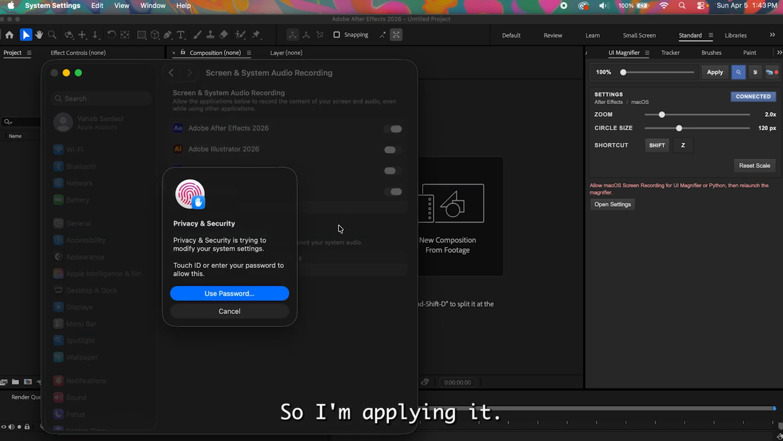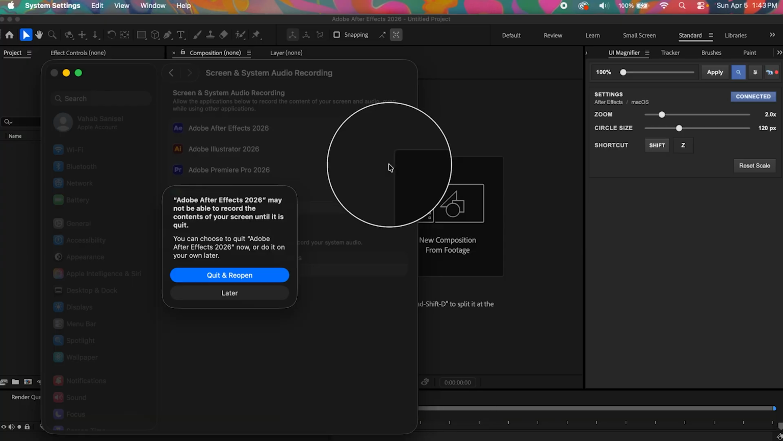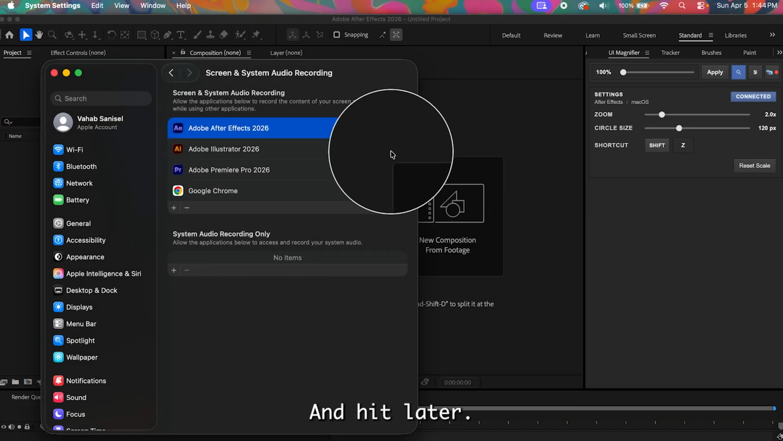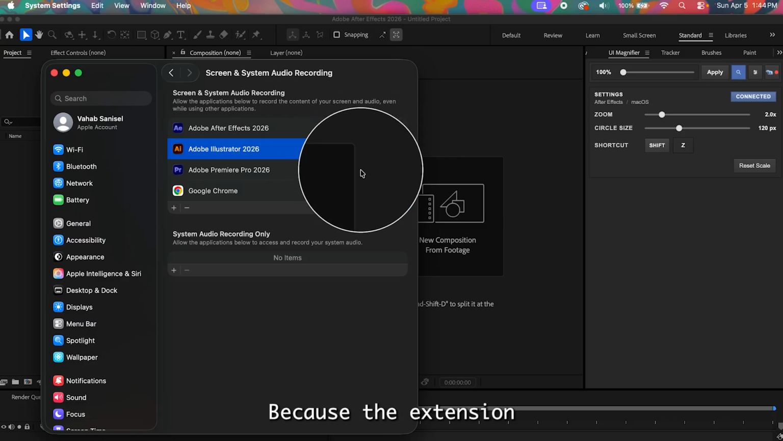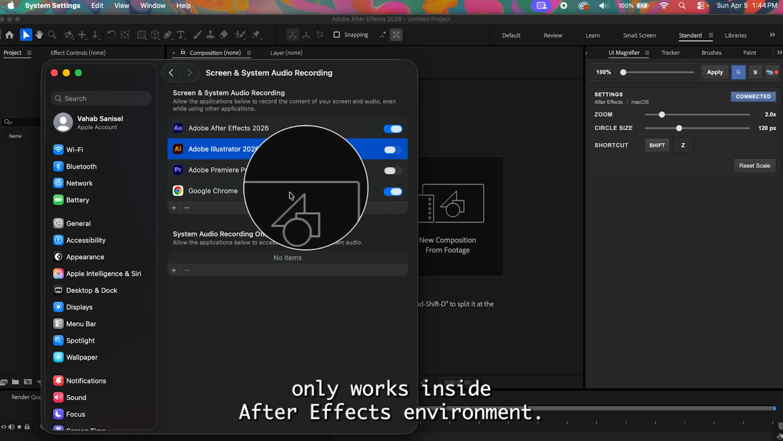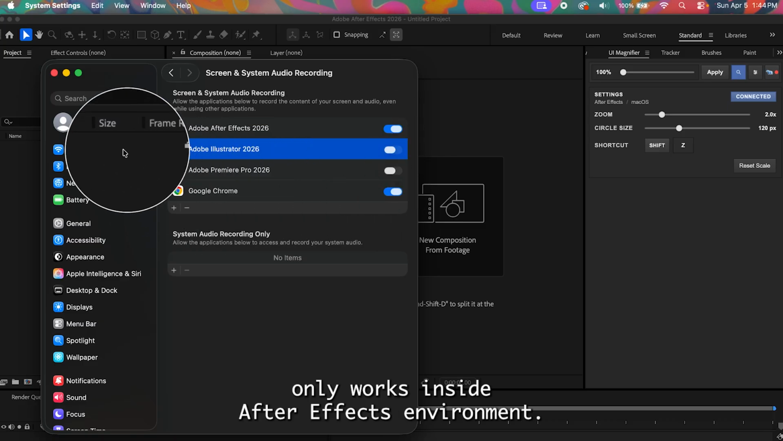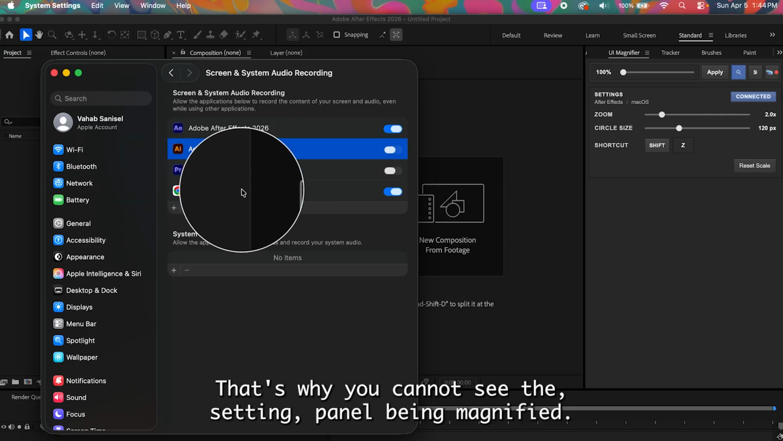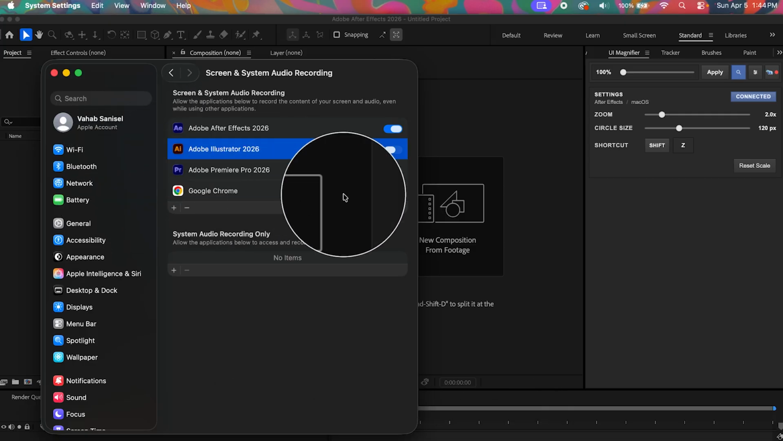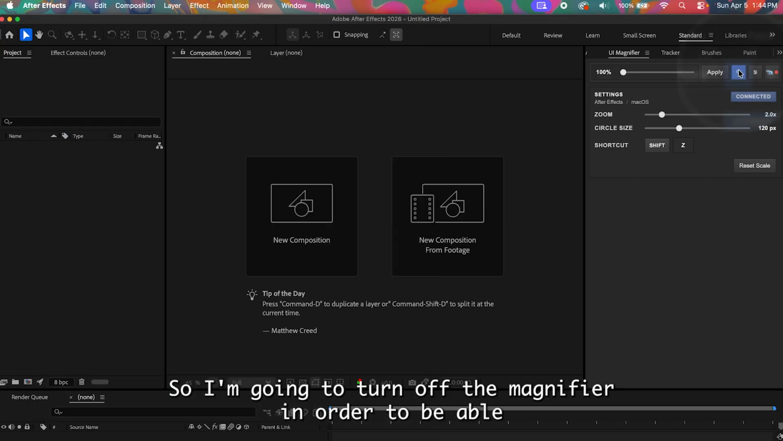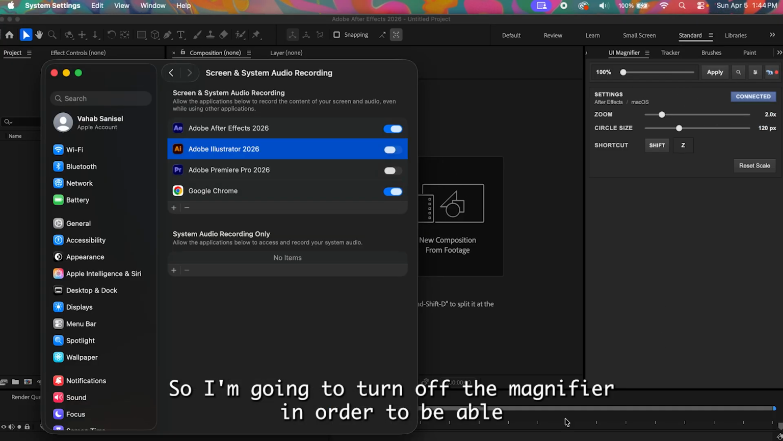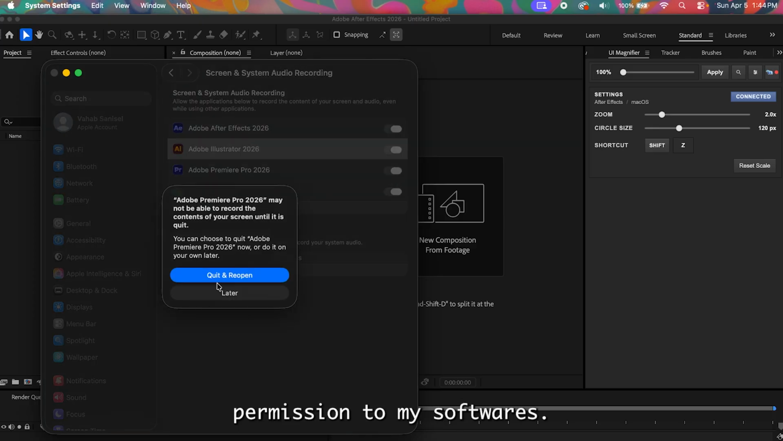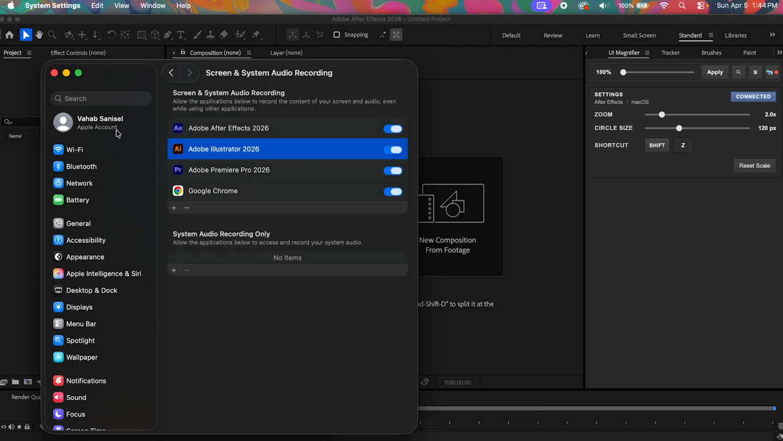So I'm applying it and hit later, because the extension only works inside the After Effects environment. That's why you cannot see the setting panel being magnified. So I'm gonna turn off the magnifier in order to be able to give some permission to my software, and